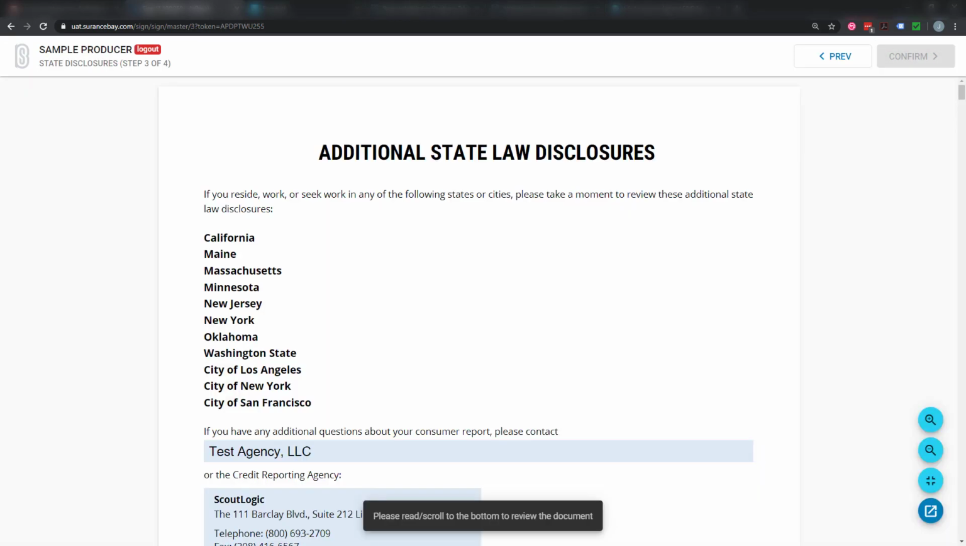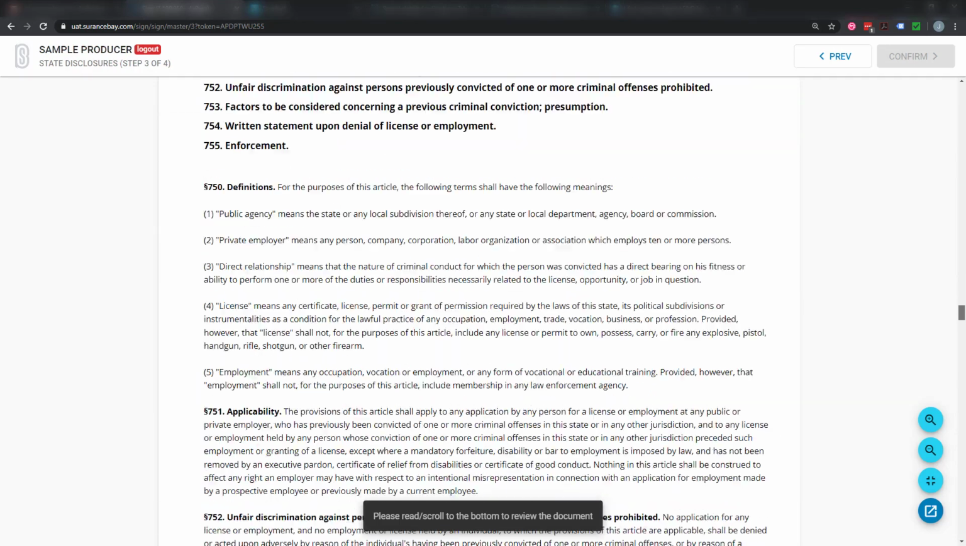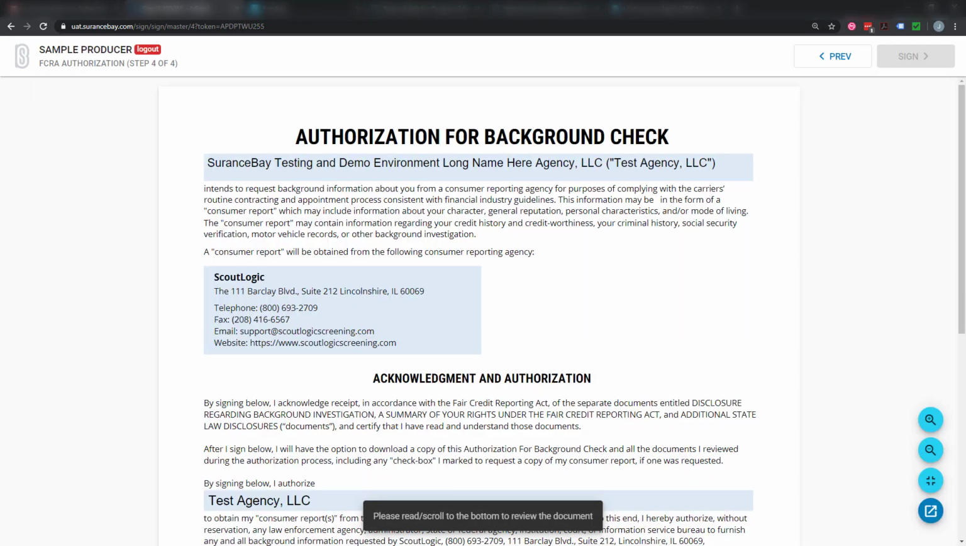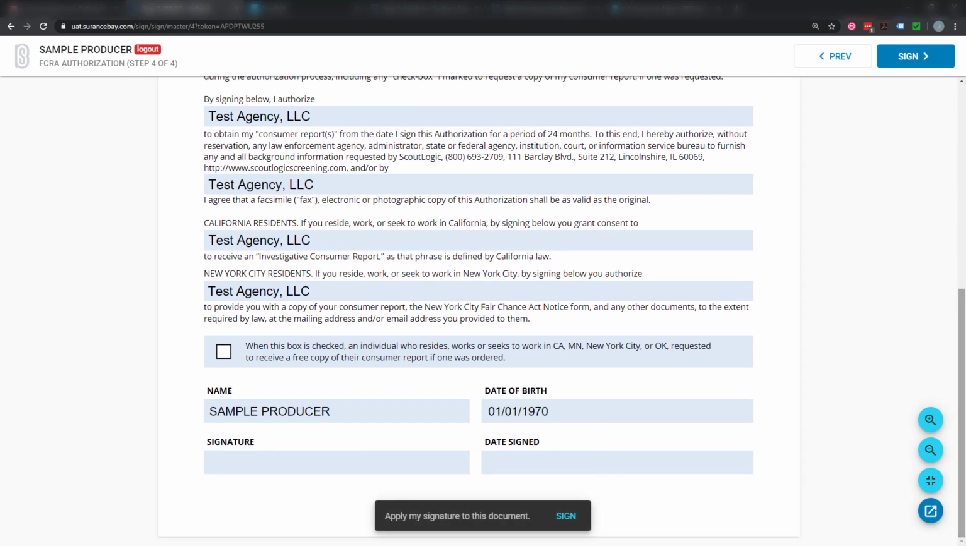Step 3. Additional state law disclosures. Here the producer will again review the information, scroll down to the bottom of the page, and then click Confirm to continue. Step 4. Authorization for background check. On this final step, the producer will read through the information and scroll down to the bottom of the page